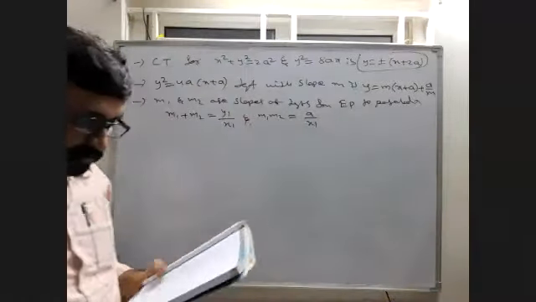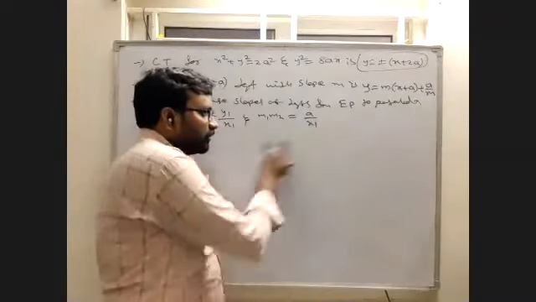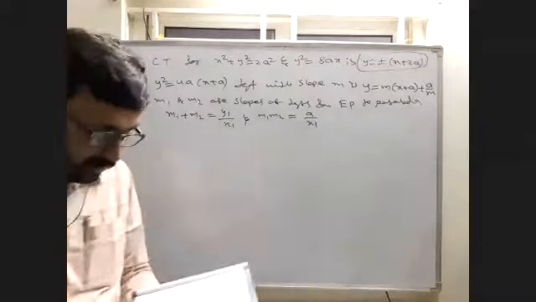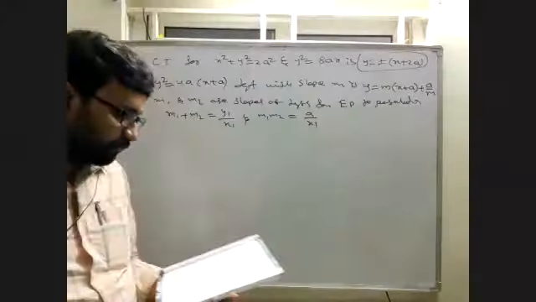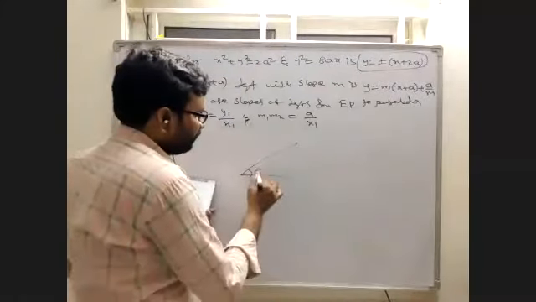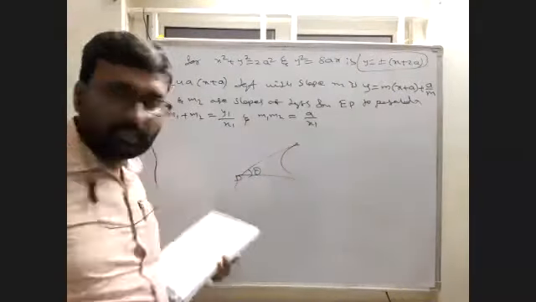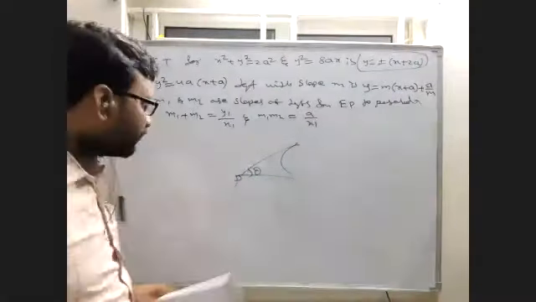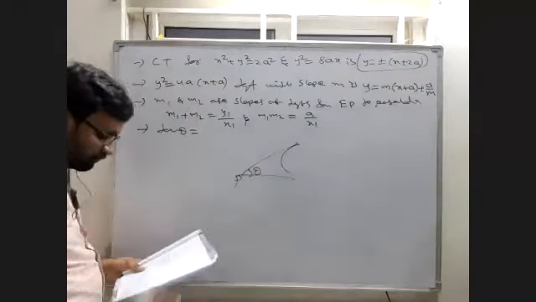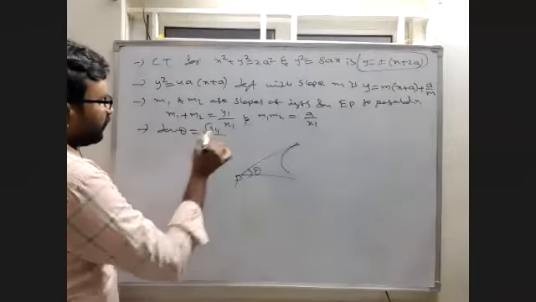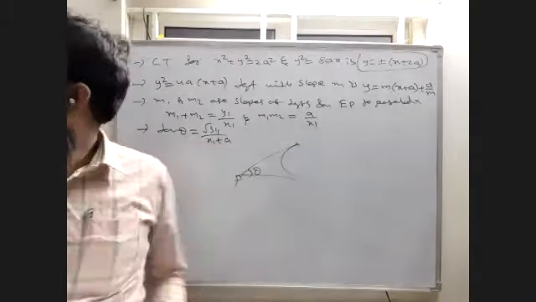Next, at most two tangents we can draw from a given point. We can draw a maximum of two tangents, that we already know. And if theta is the angle between the tangents drawn from an external point P to the parabola, then tan theta is equal to, what is the formula? Root S11 by x1 + a.